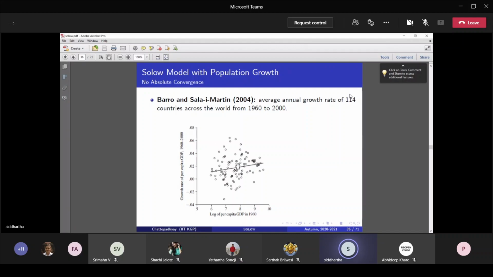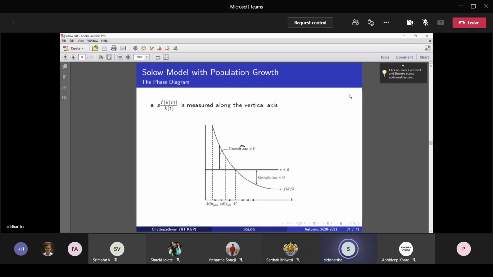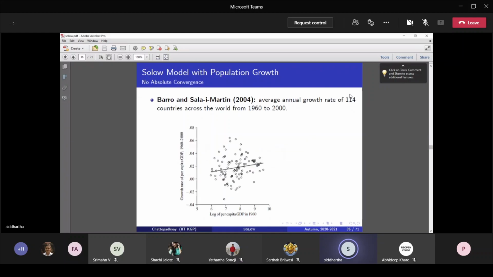So the trend line would have been completely opposite had the prediction of the Solow model held, which says the poor economy is growing at a higher rate compared to the rich economy in the short run. But we are not getting it. What we are getting is that the rate of growth of a rich economy is higher than the rate of growth of a poor economy. So the trend line is positively sloped. Had the prediction of the Solow model been satisfied, the trend line should have been a negatively sloped line.